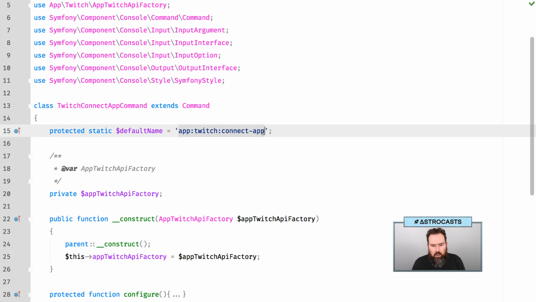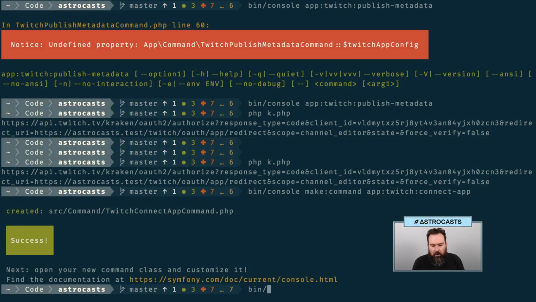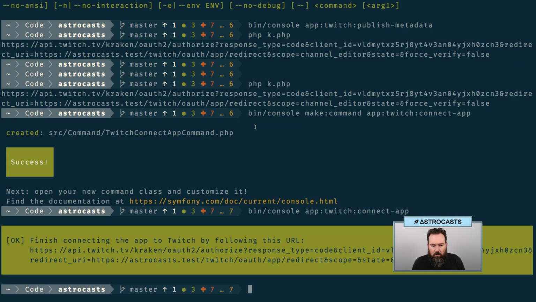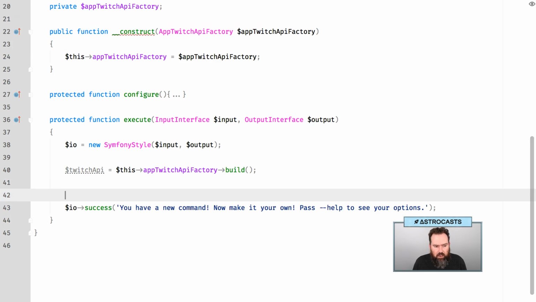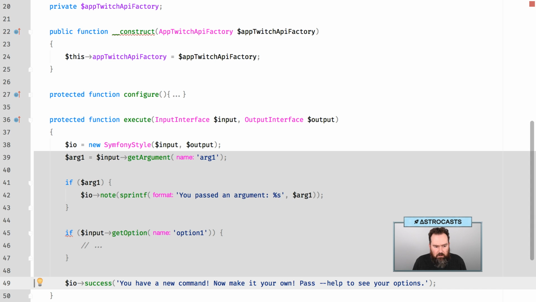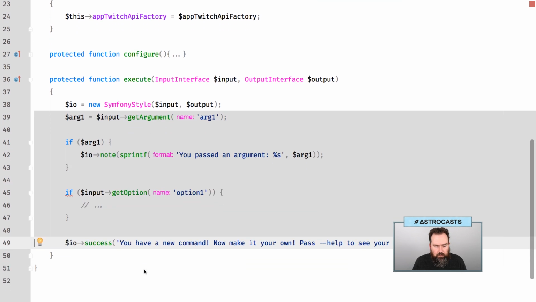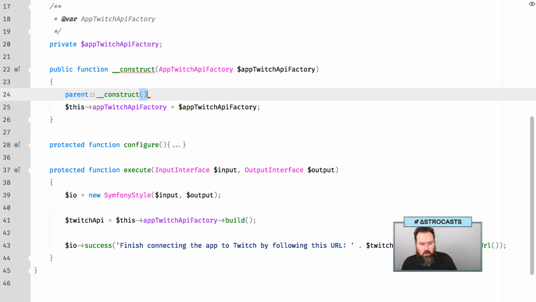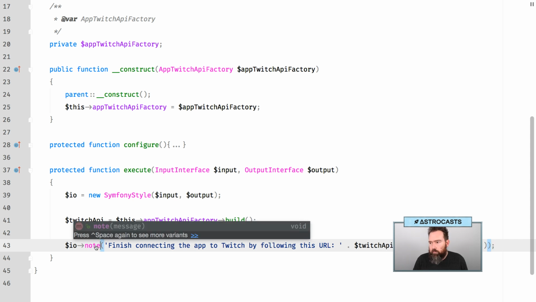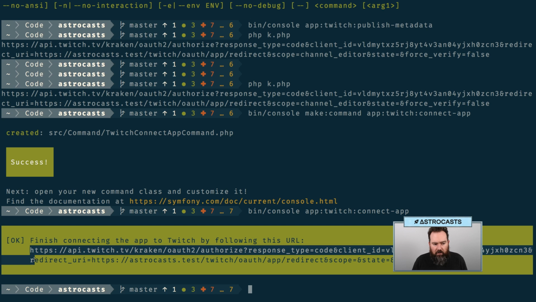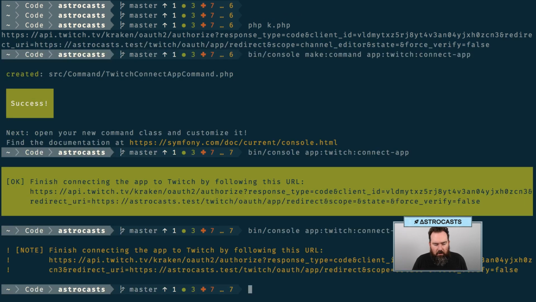And then I'm going to run this command. Let's see how it works. Bin console. Awesome. All right. So I probably don't need to do success. What were some of the other style options we had from the boilerplate? There's a note. Let's see what that looks like. Because I don't want that word wrap. Since the word wrap is there, if I try to copy this, it's going to actually have that space in there. I wonder,